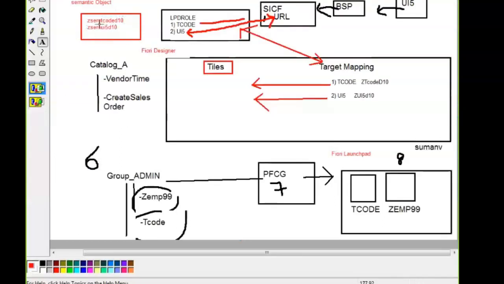And now we will make use of these variables to identify the application aliases. ZSEM T code 10 will be used for the T code, and ZSEM UEFI D10 will be used for the UEFI application, and we'll use that here in the tiles.